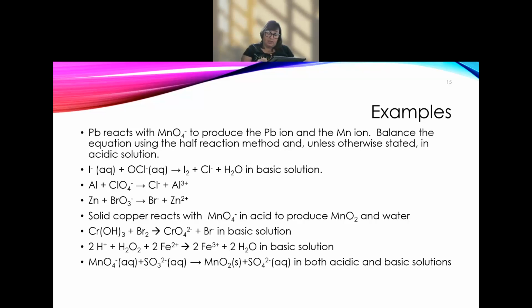Sorry, I hadn't actually done this. That leaves me with 2 H2O on the reactant side. I already have 1 H2O on the product side, so I cross out that one on the product side and leave it as 1 H2O on the reactant side, which leaves me with H2O plus 3 SO3 2 minus plus 2 MnO4 minus goes to 2